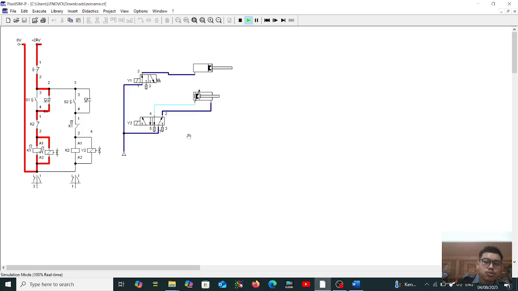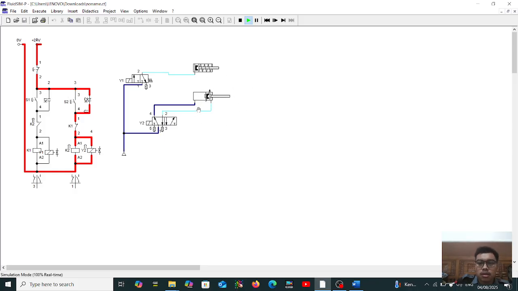So we try to operate cylinder 2. When we operate cylinder 2, we have to turn off the reset button. We can try like this. So we will try to operate cylinder 2 here. We can turn on switch 2. Cylinder 2 can go forward. And we also cannot turn on switch 1 because I use interlocking here. K1, yes, like that.